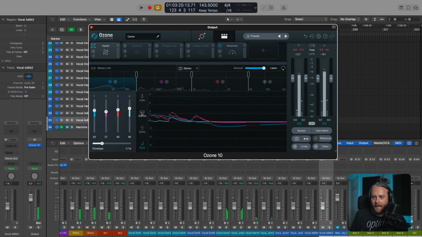I could also link the bands together and do the opposite. I could compress. So we were expanding, now I can compress, and it's going to respect the values that I had before, but bring everything down at the right increment.